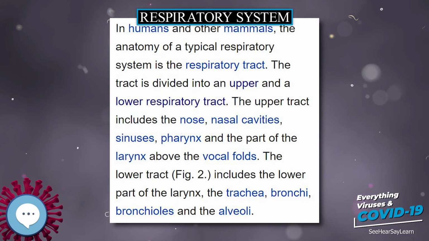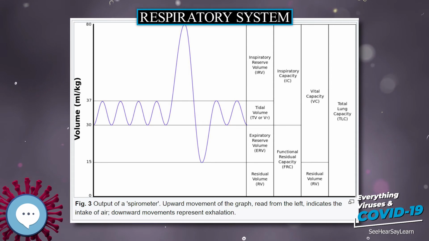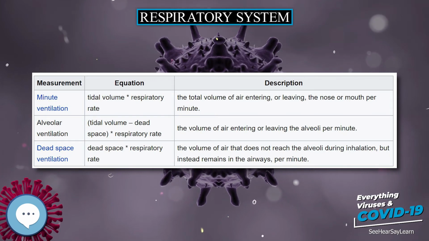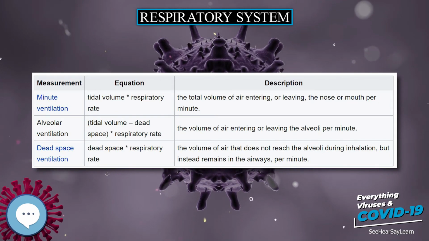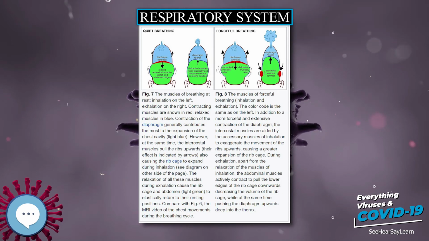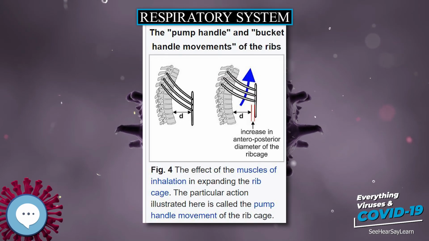This increases both the vertical and transverse diameters of thoracic portion of the trunk. The forward and downward movement of, particularly, the posterior end of the sternum pulls the abdominal wall downwards, increasing the volume of that region of the trunk as well. The increase in volume of the entire trunk cavity reduces the air pressure in all the thoracoabdominal air sacs, causing them to fill with air as described below.